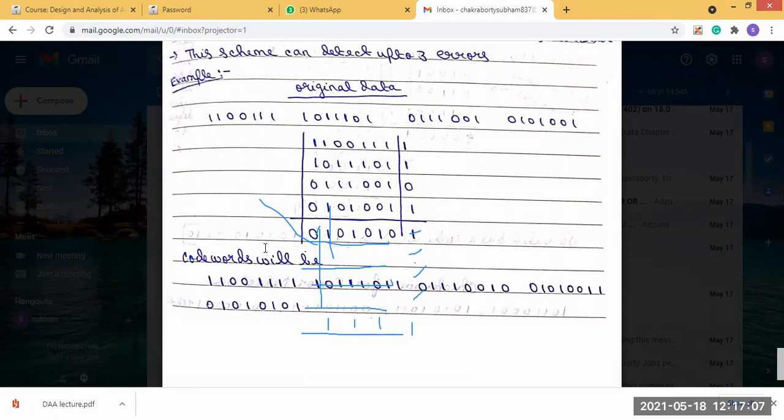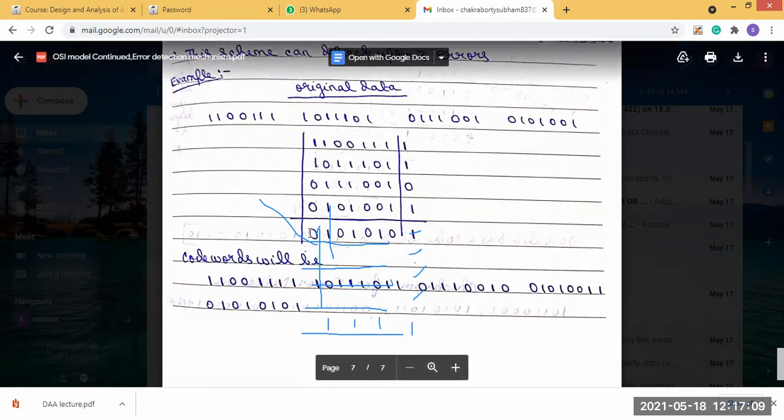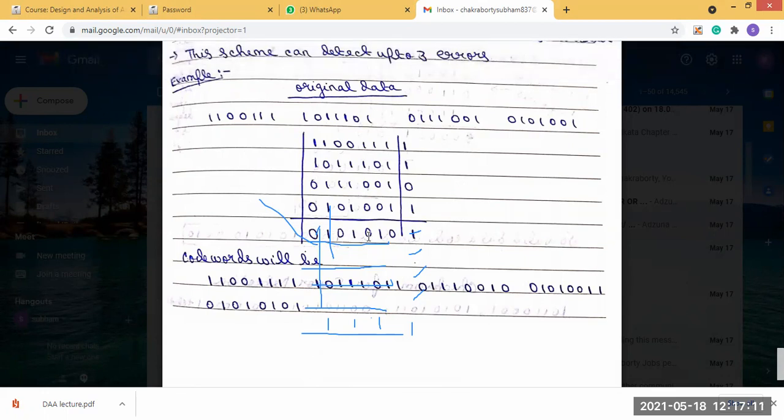And after that, this new data word will also be transmitted: 01 01 01 and 01. So that's how 2D, two-dimensional parity checking works. Clear? Yes, sir.